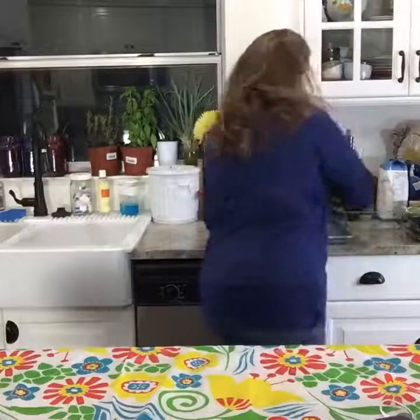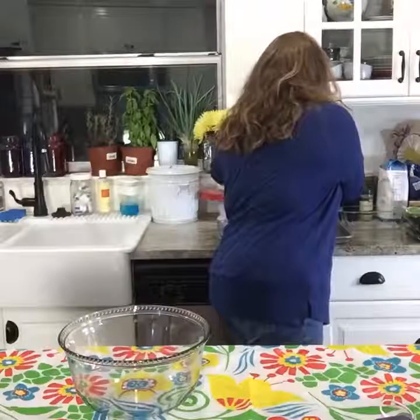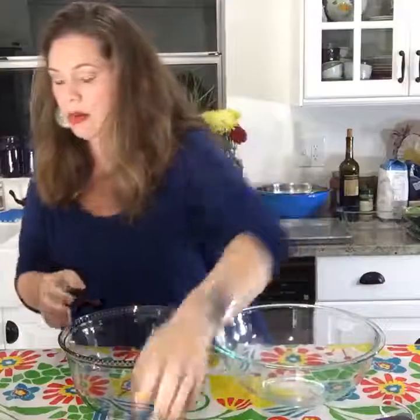350, okay, I already did that part. 45 to 50 minutes. Oh, okay, so we should get that going right away so we can get it in the oven. And here's a couple of bowls. So it starts with